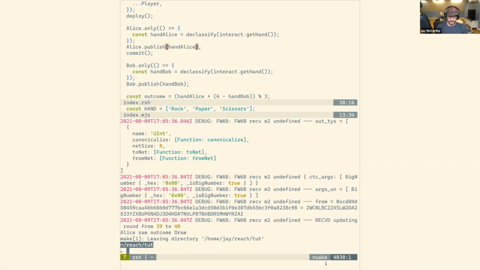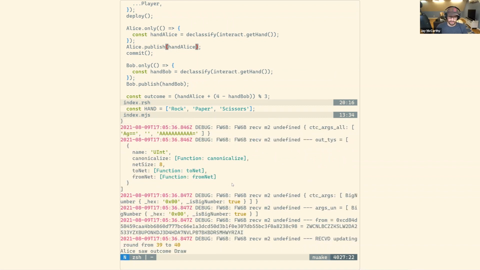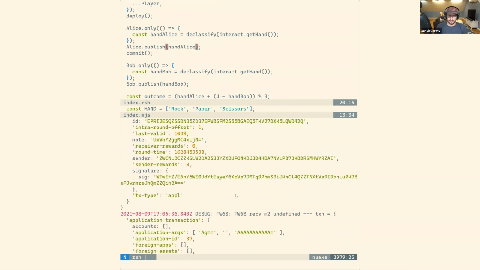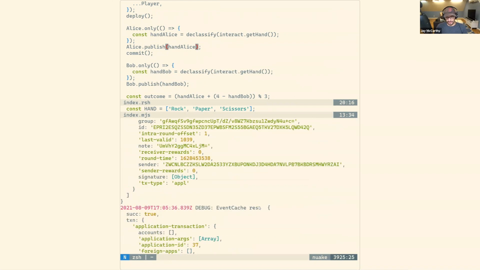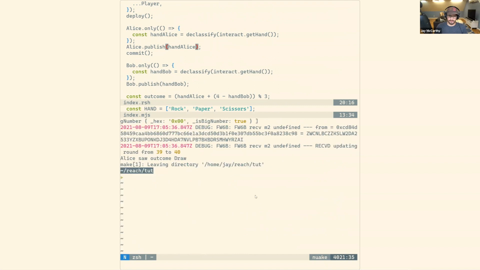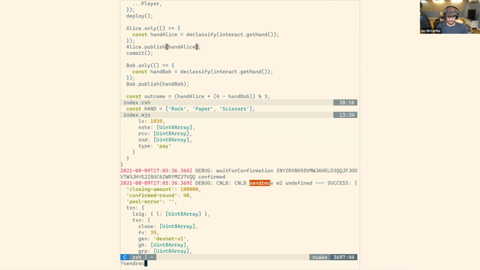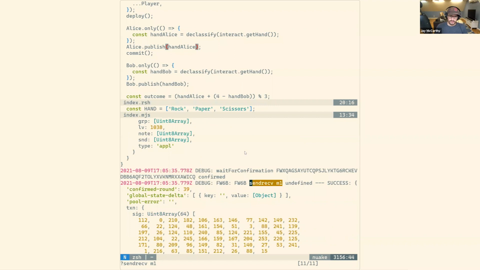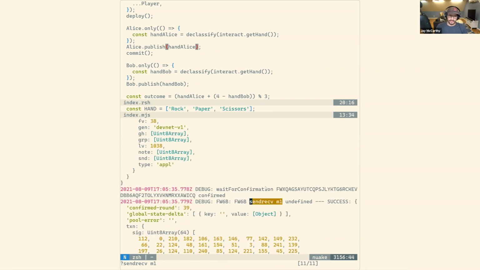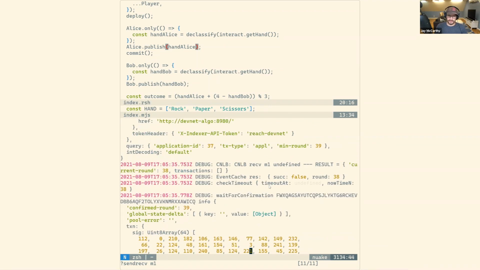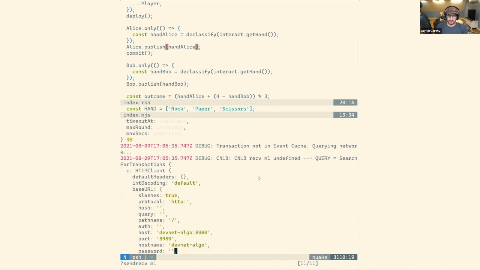So there's a lot going on there. If we scroll around, we can see a few things. So let me actually go up to the first message. Okay. So this right here is when I wrote this compiler, and I wrote the interaction with the network, so I can just read these things and know what's going on. You're not supposed to be able to read this. So for instance, I know that